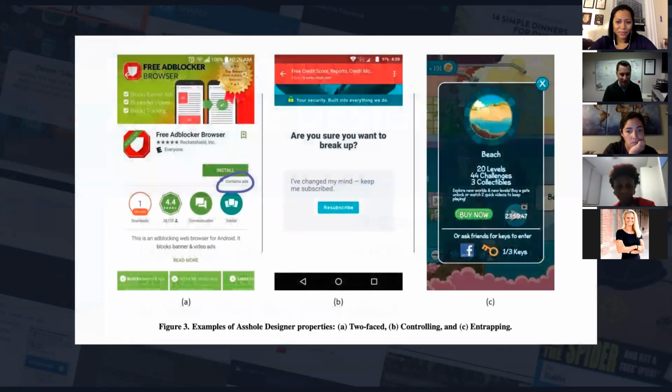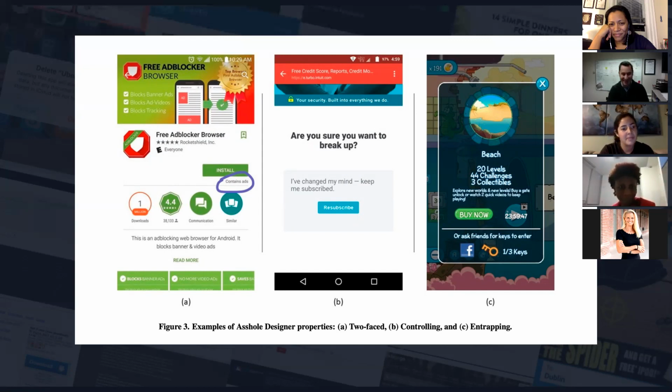There are 3 different examples here. This third one is probably the most evil. So it's a game where you either have to buy it. They also give you a countdown where you have to wait for it to refresh before you can do the next level. But you also need to get 3 keys from your friends. And so essentially, if you don't want to buy the thing, there's a 3-day lag between playing levels, assuming that you do all the things in the right order to get the new keys, to get everything together. We call this an issue of entrapment, where you're actually getting the user to engage in the system, but as soon as they're there and they're engaged and they want to play more, then you're putting lots of false restrictions around how they can play that game and how they can engage.